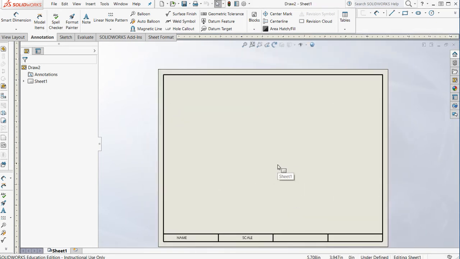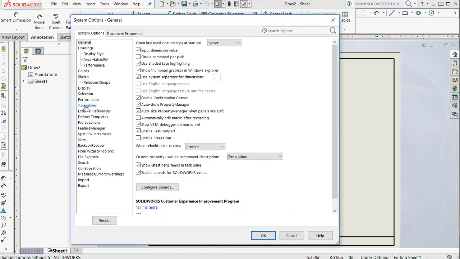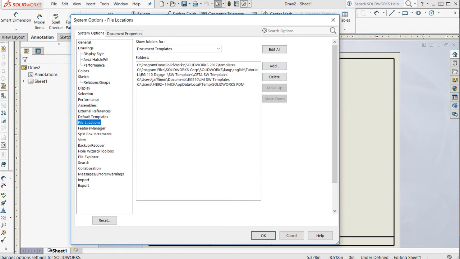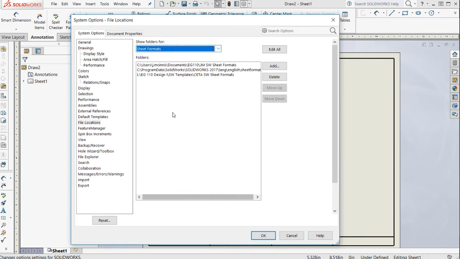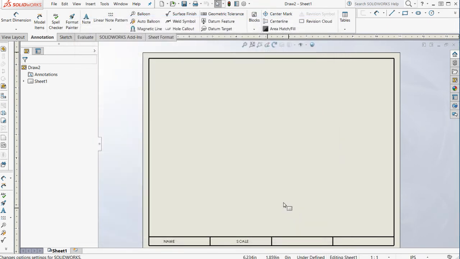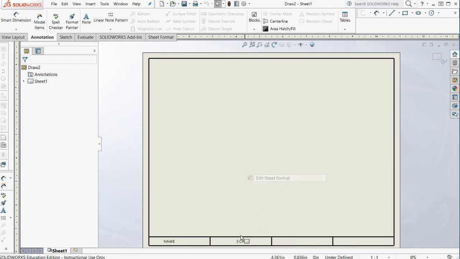So this is my standard sheet format. The steps were to click on the gear. Under System Options, you go to File Locations, and you map your document templates, and you map your sheet formats to the CETA sheet formats and CETA document templates folders, okay? And then when you're in this page, what I want to show you is if you right-click, Edit Sheet Format,